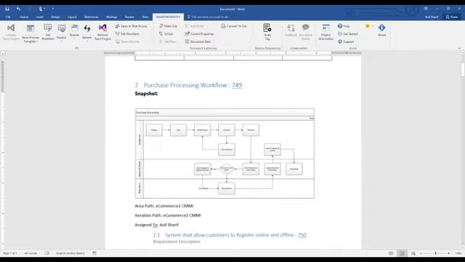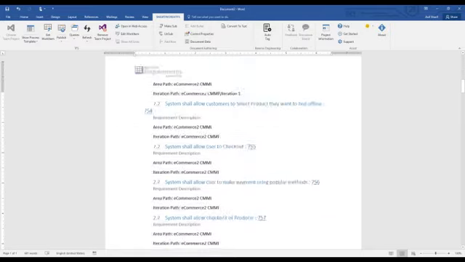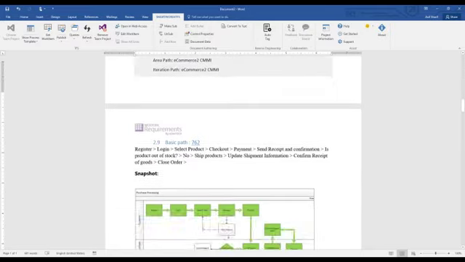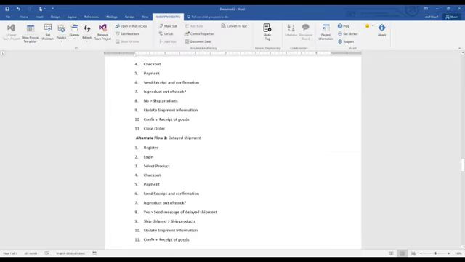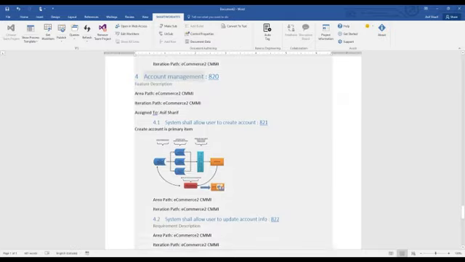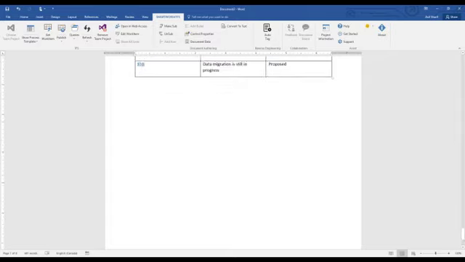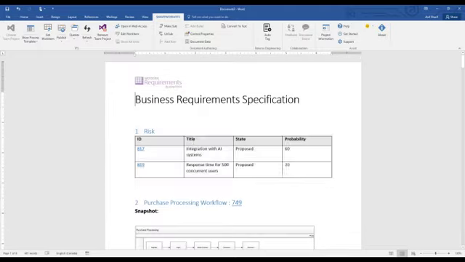We were just looking at this purchase processing workflow in Visio, and all of this content was actually created from within Visio, and here are my scenarios, and so on. This is my use case document, or the use case artifact, and so on and so forth. So generating documents from within Word is very easy, and not only can you generate your documents from Word, but you can also make updates to those documents